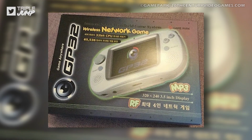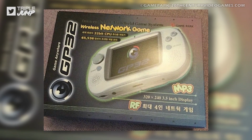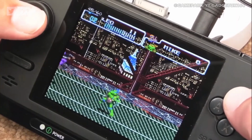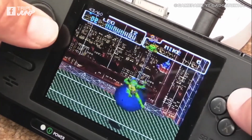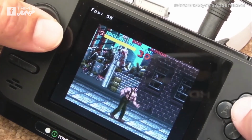There was certainly high demand for handhelds, but the most popular ones simply couldn't be imported. Enter the GP-32, which was funded by the South Korean government to generate money for the country. It sold for the equivalent of $320 today and only had 28 games released for it at retail, but the